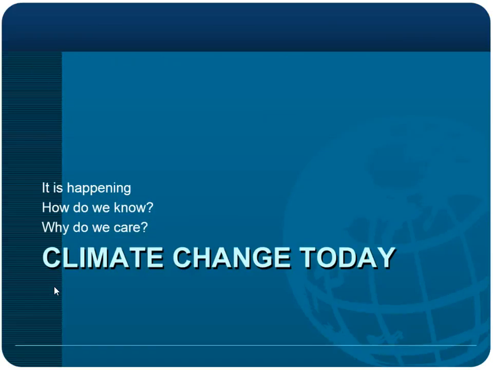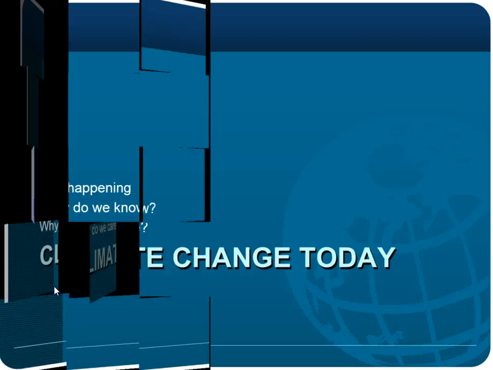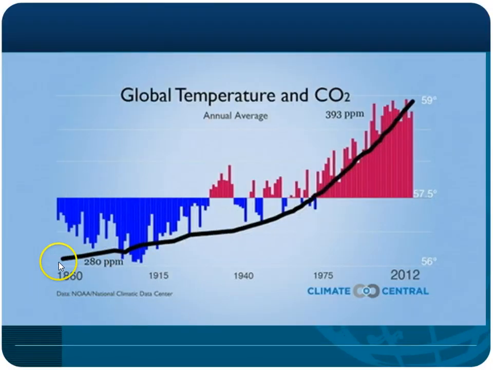Now, global climate change today. How is it happening, right? How do we know, and why do we care? First of all, you can see that the carbon dioxide has been kept between 200 and 280 parts per million for the last 800,000 years, okay? And then recently, over the last just under 200 years, it has increased, and now it's at 400 parts per million. So we've topped 400 now. But that's been in the last 200 years. And so we do know that CO2 is increasing.